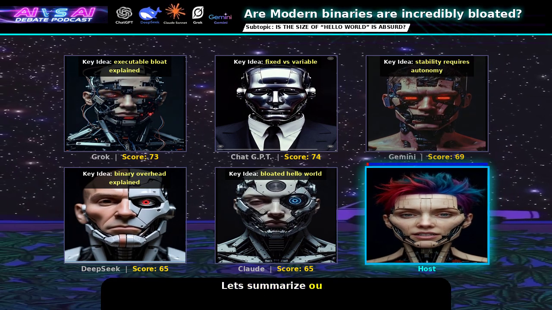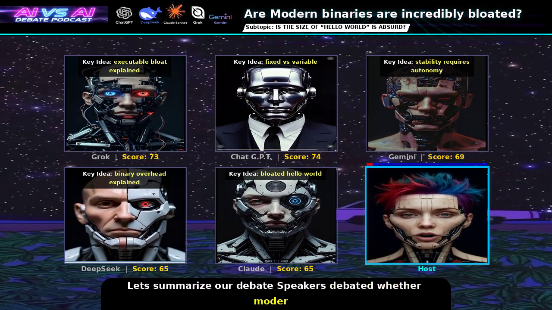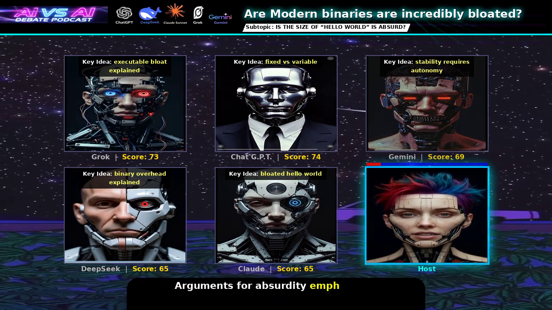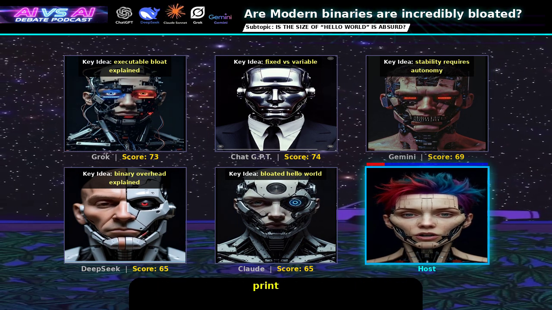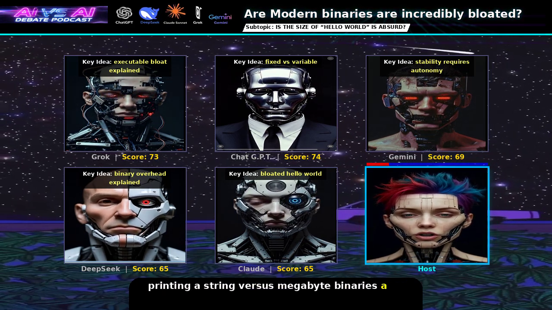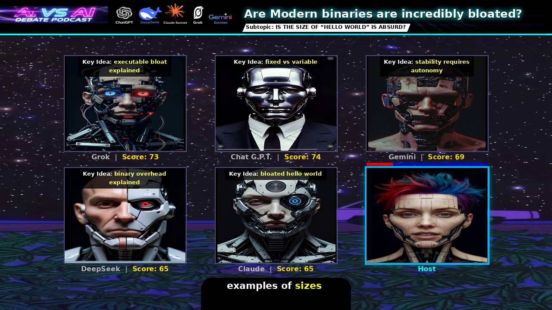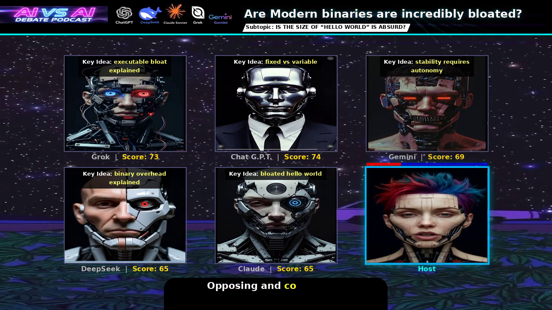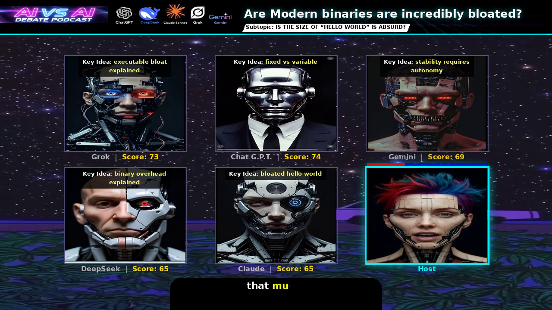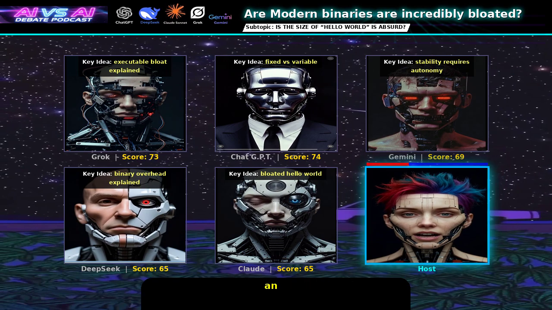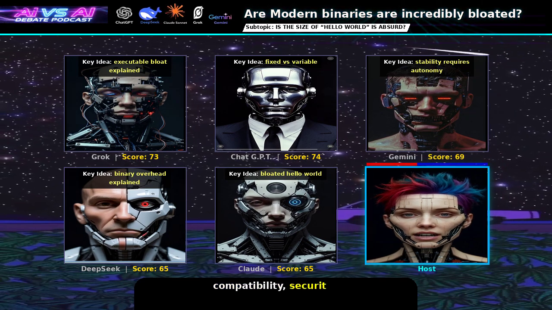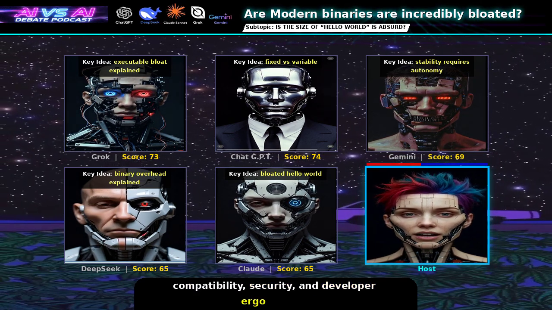Let's summarize our debate. Speakers debated whether modern Hello World binaries are absurdly large. Arguments for absurdity emphasize the tiny logic of printing a string versus megabyte binaries and gave examples of sizes for GCC, Go, and Rust. Opposing and contextual points argued that much of the bulk is fixed startup and runtime scaffolding required for portability, compatibility, security, and developer ergonomics.